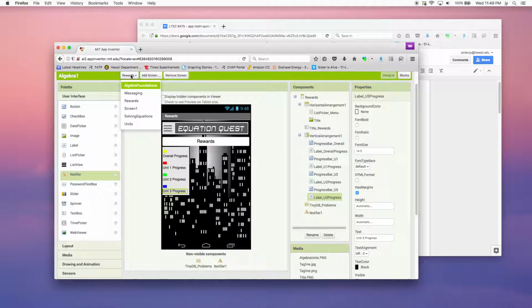From Lauren's work on the units and solving equations page, she has TinyDB databases that are carrying a global variable for each of the units' progress. So that allowed me to then use that as a carryover. We have the same database name, so the values carry over. So in my coding,